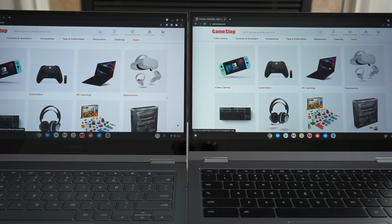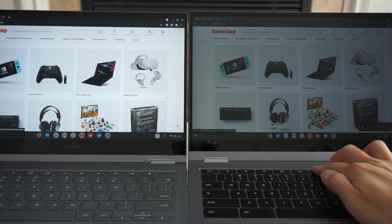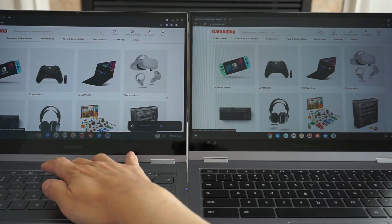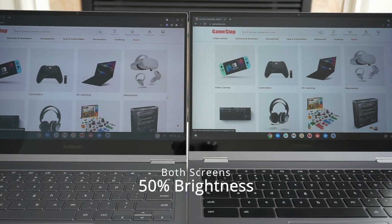The problem with the warmer temperature is that it just seems a lot less accurate for white backgrounds and skin tones. It's something that you'll notice on web pages and when you're watching videos. It's not as noticeable on its own, but seeing them next to each other makes a difference. The brightness is also not as high on the OLED screen compared to the QLED. Really, the only advantage to the OLED screen I can see is the deep blacks that it can achieve, and